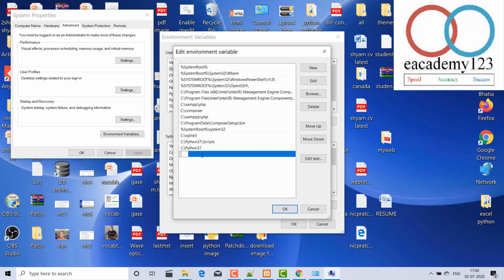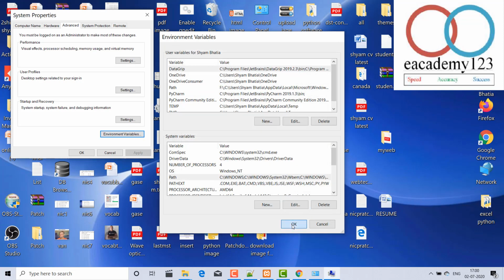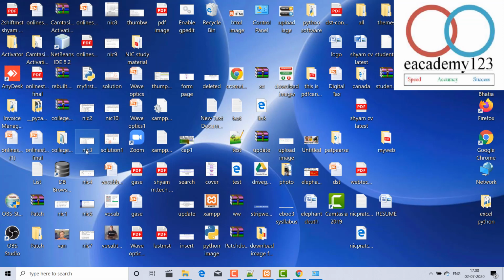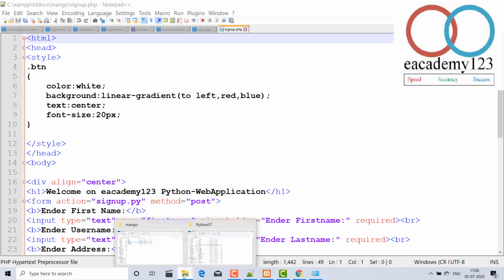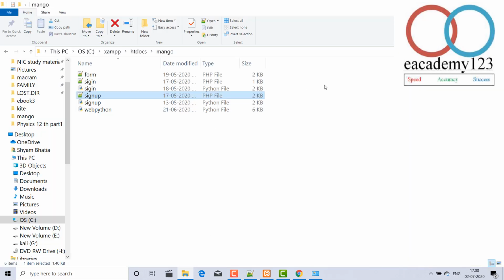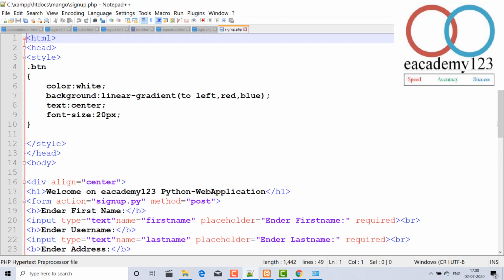You have to do these two settings before starting this Python coding, and after that okay, and again okay, that's complete. After making these two settings, no error will appear in your case.